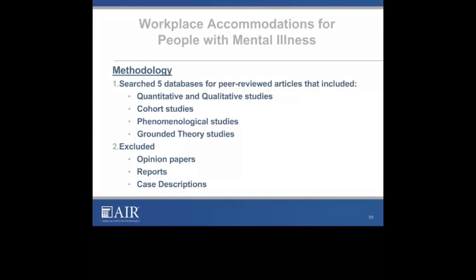They searched 5 databases. Interestingly, it was CINAHL, PsycInfo, Medline, Embase, and the Cochrane Library. Now, some would argue that there's got to be more than 5 databases that have peer-reviewed articles. This is one of those issues that the reviewer decides and